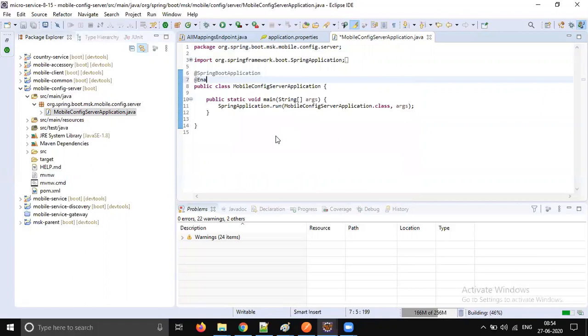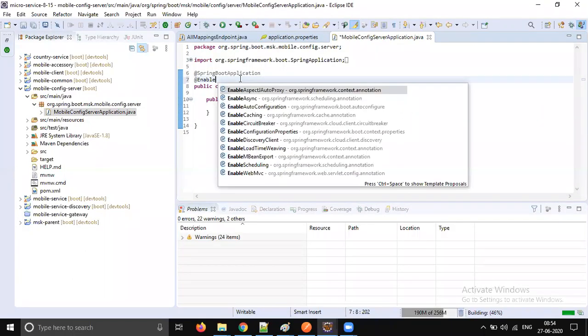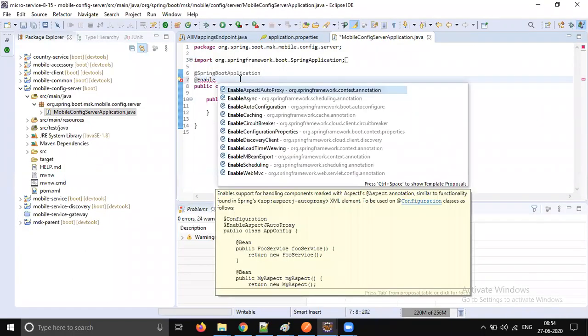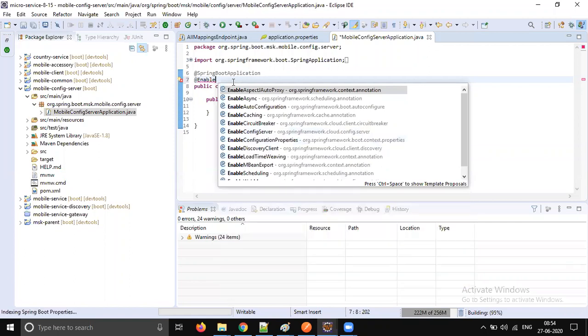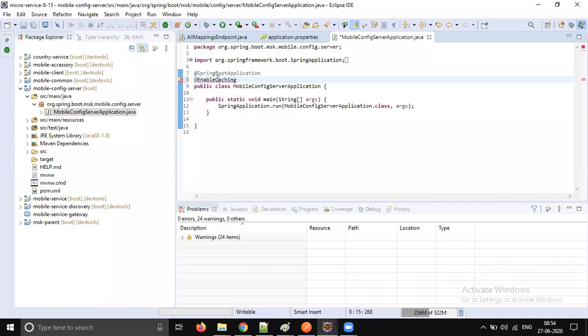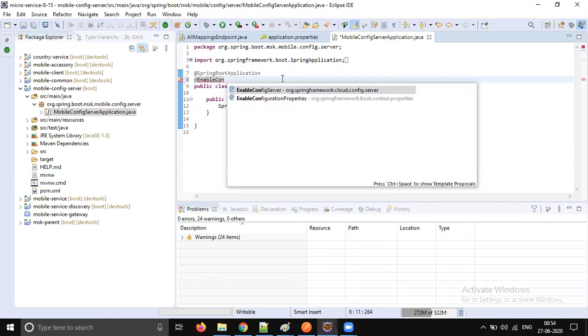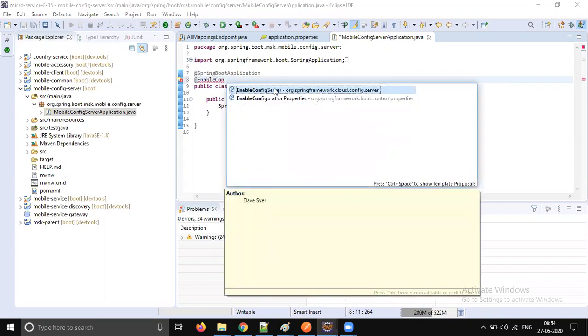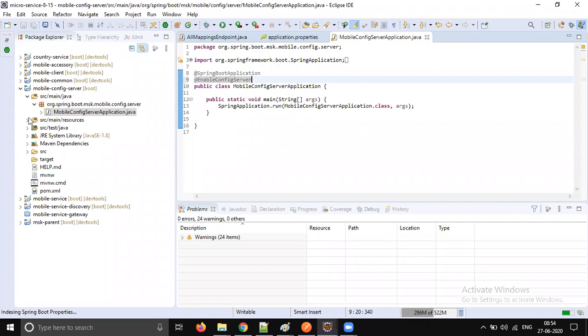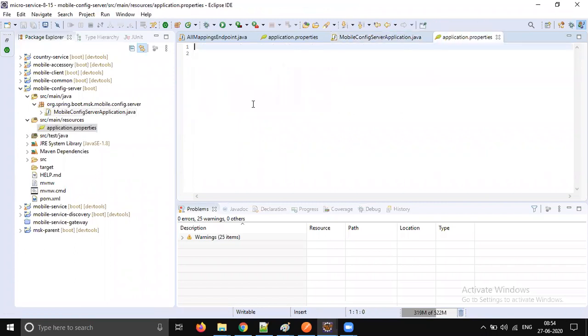You can just select it. Why is it not coming? Please try one more time. Yeah, here we go, config server, not cache, config server. That particular annotation will automatically create one config server for us, and we should give some name to our application.